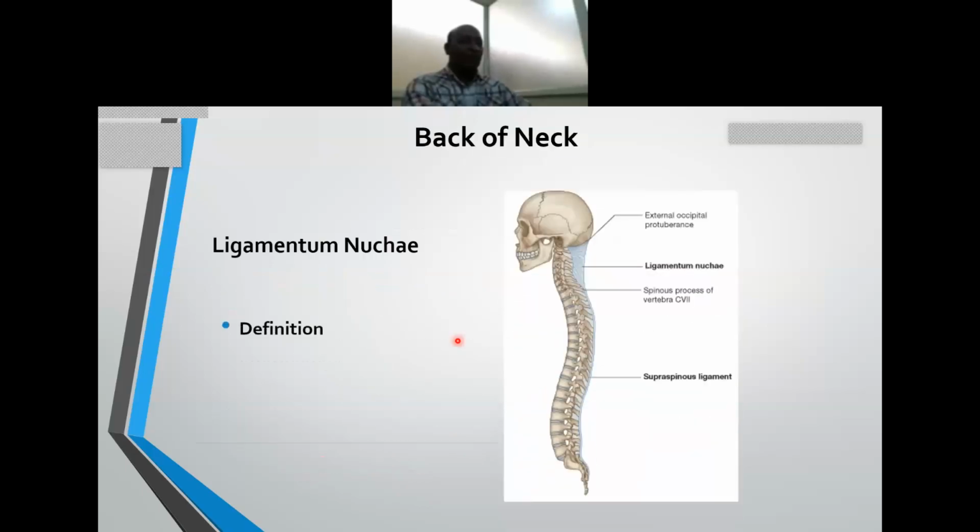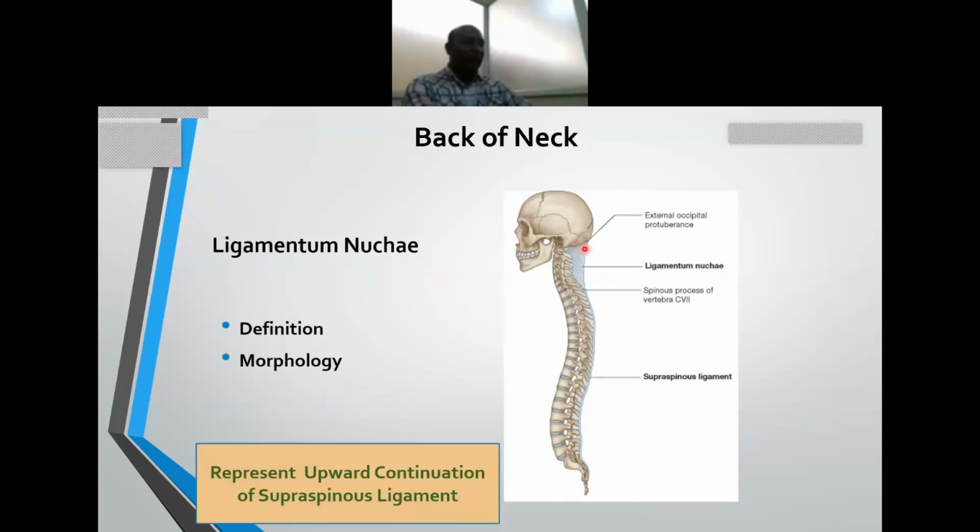Going to ligamentum nuchae. As I said, it is a central dividing ligament which is formed from two components, the median raphe and the septal part. Some say it is an upward continuation of the supraspinous ligament, but actually the median raphe is formed by the interweaving fibers of the aponeurotic part of trapezius and the splenius capitis. Okay, and it is attached from the external occipital protuberance and the median